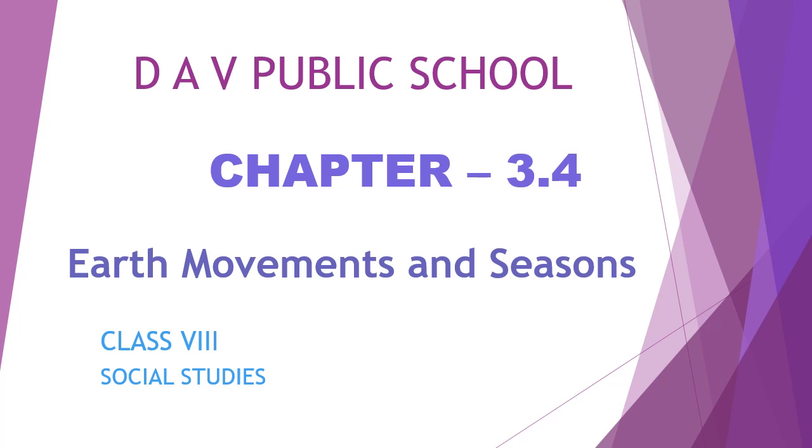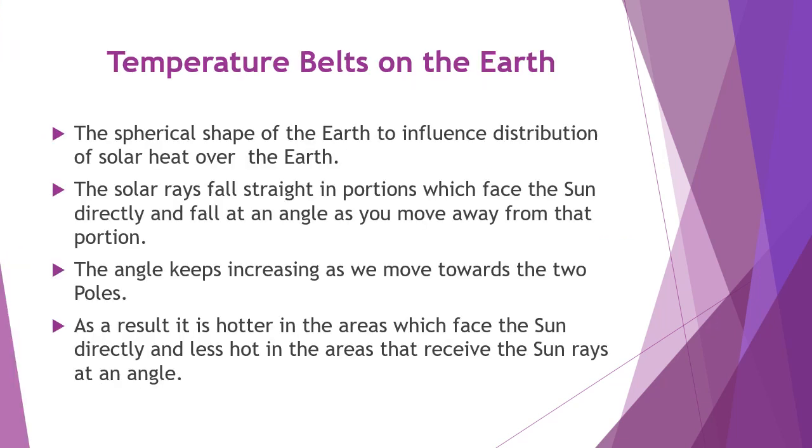Let us know that the earth has an axis. The axis is inclining, that means tilting, at 23.5 degrees. And that axis and the spherical shape of the earth, both affect the heat of the earth. That means the position of the earth determines the receiving of the sun's heat. So how those two are helping, that we are going to study now.